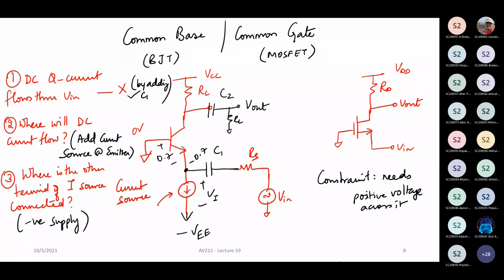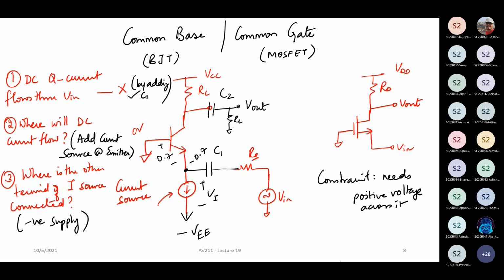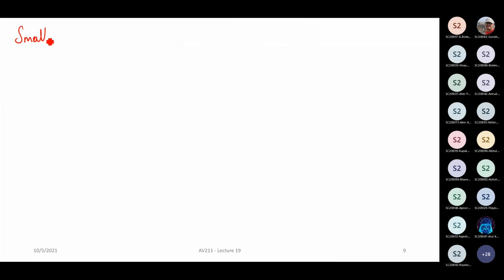Sir, what happens if we add a resistor here? We can add a resistor. We will come to that actually. What will happen is we will look at the input impedance and so on. Just wait for a moment. Maybe wait for 5 minutes, you'll get the answer. Okay. So let's try to analyze this circuit for now, and then we will get the answers for all these things. So let us try to do the small signal analysis of this particular circuit. Okay. Let me redraw it for the sake of clarity.